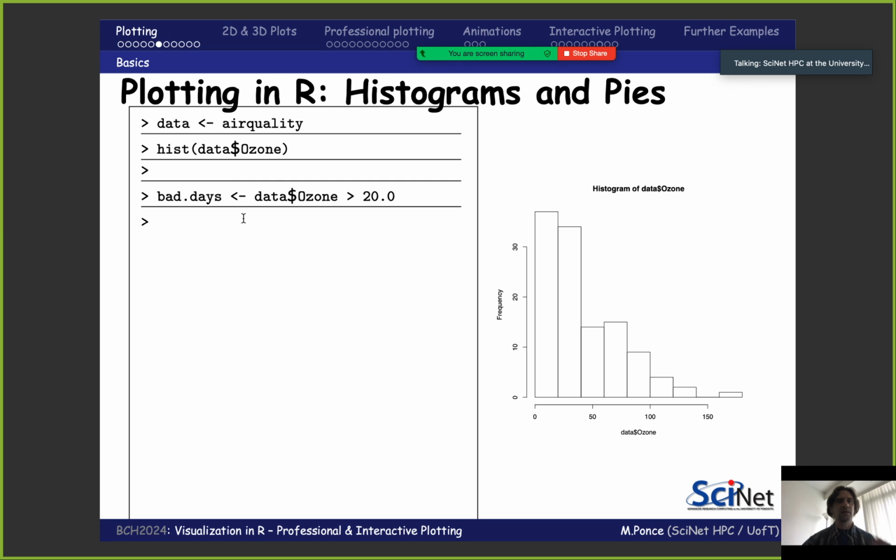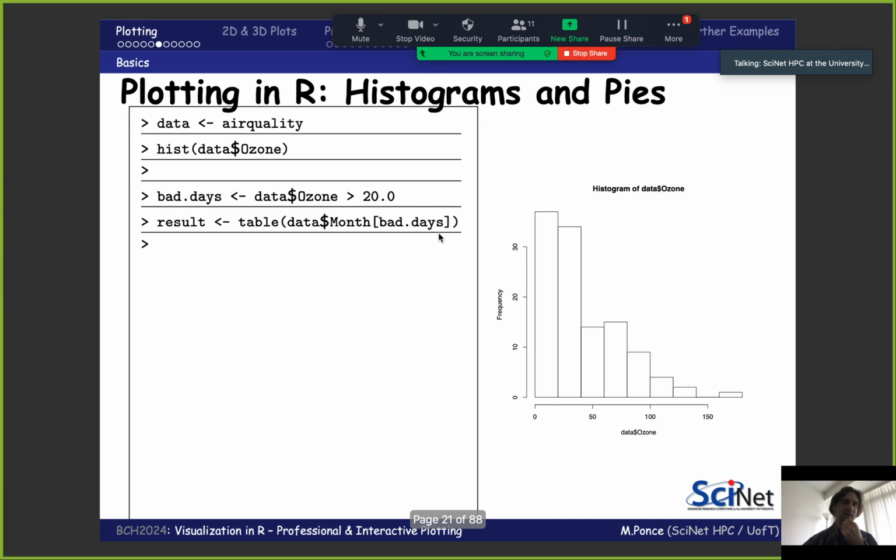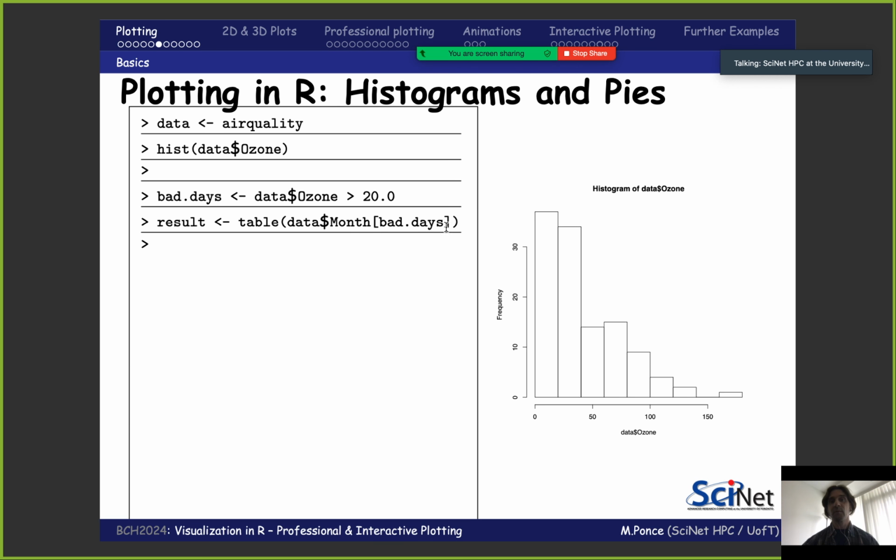For instance, I can say, okay, let me know what the bad days are, defining bad days where the level of ozone was greater than 20, and then I can aggregate that by month, to see which months of the year had really bad days. And now this is a table, a command that we also saw, and now I have in which months and how many days within each month there was a level of ozone greater than 20.